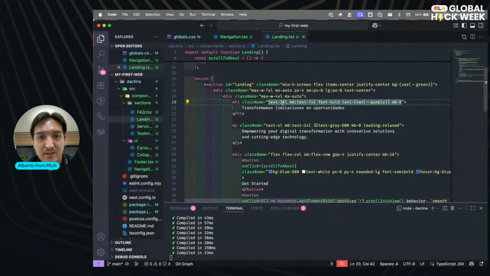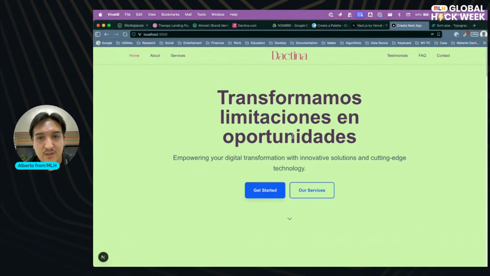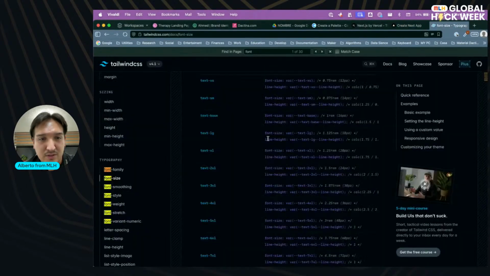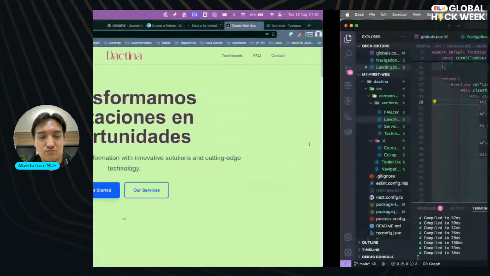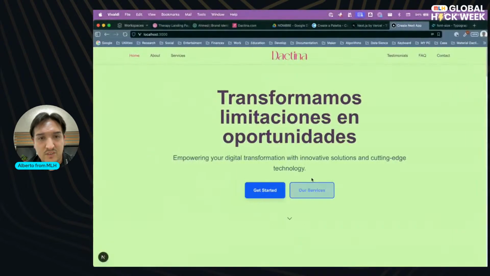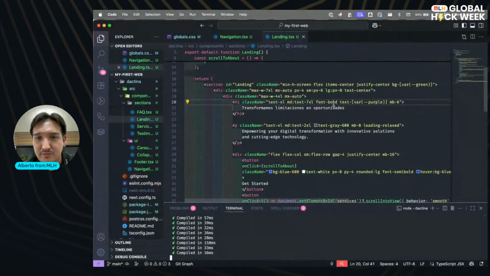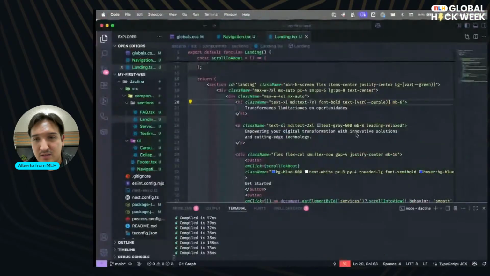Okay, still too much. Font bold, I like that. MB, still nice.